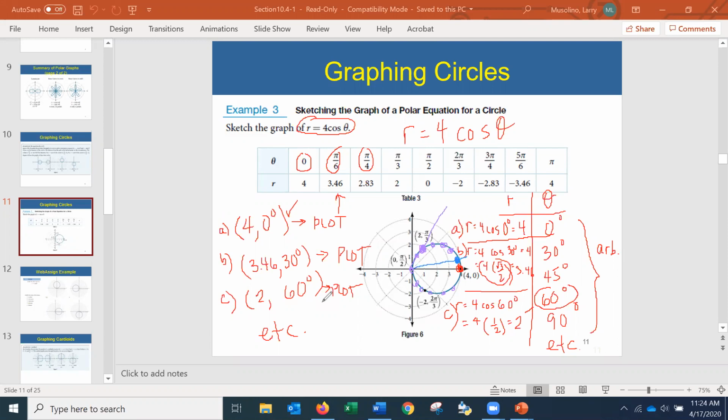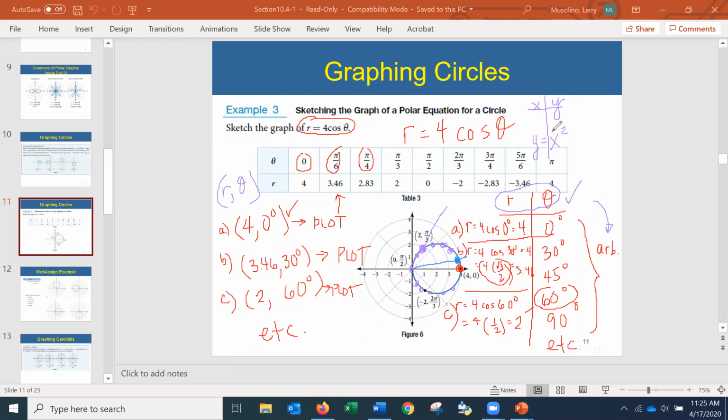Okay, so one way to do this, I guess you would call this the long way, is to make up your own r theta table, come up with any arbitrary values of theta, calculate r according to the equation you started with. That gives you many, many r theta points that you can go plot, and then you would connect the points with a smooth curve. You might remember this is exactly the way you would graph in rectangular coordinates. You remember you make up your own xy table if you were graphing an equation like y equals x squared, let's say. Okay, but you can see this is very tedious, and this would take you a long time.